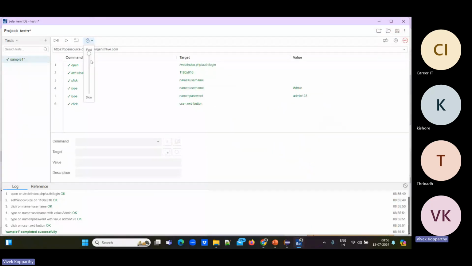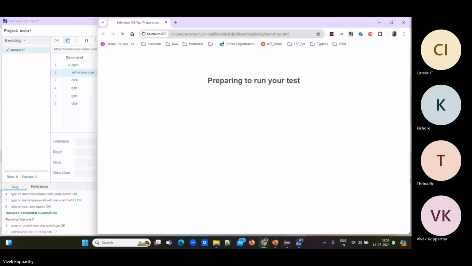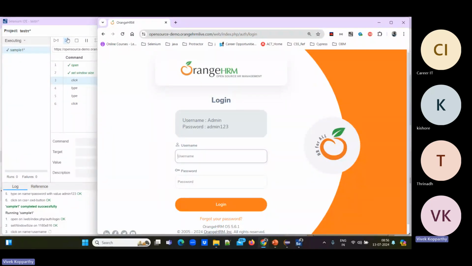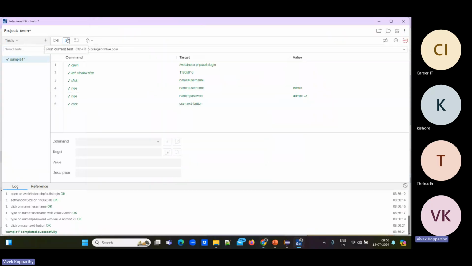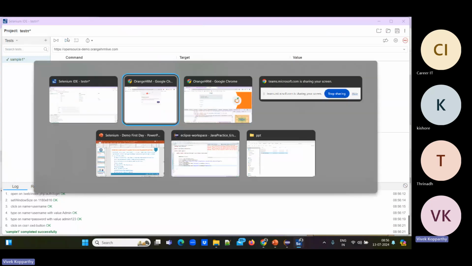Yes, I want to make it a bit slow. Okay, let me click on run. See, it's opening. It's entering the username. Yes, this is the way we use Selenium IDE.